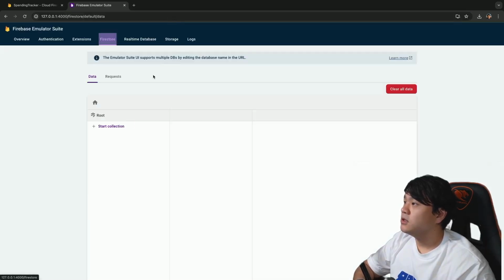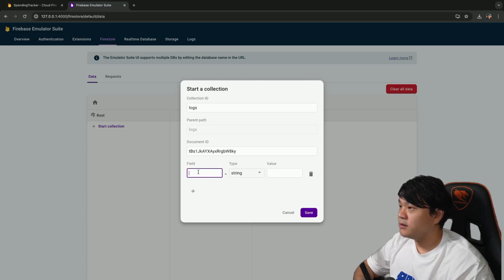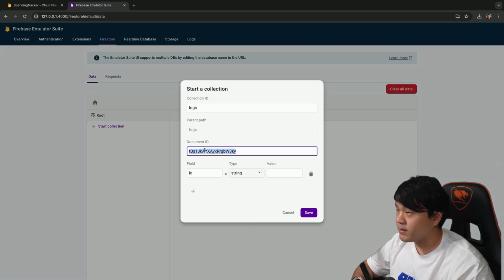Okay, so this is the local emulator. So let me just add a collection. A collection is similar to a table in SQL. Let's use a collection in Firestore. And inside the collection, we have documents, which are similar to rows in SQL. So for us, we will have several fields for our expenses log,